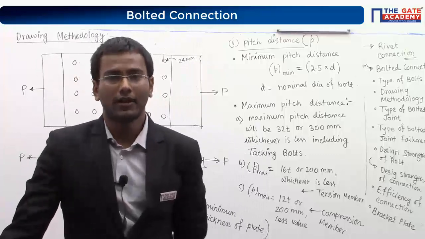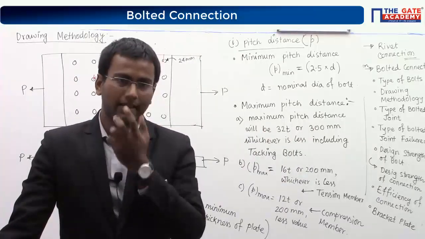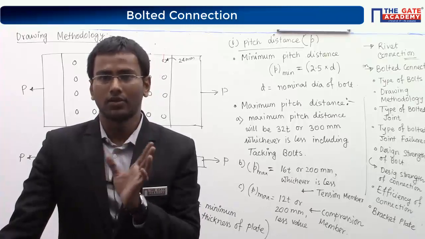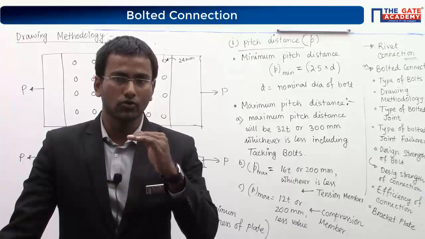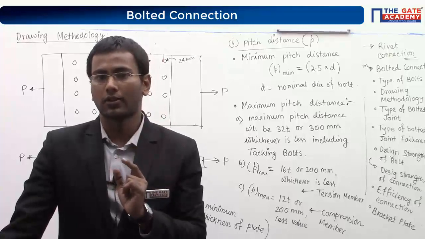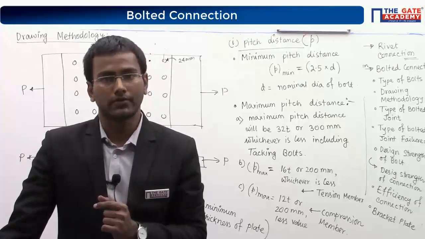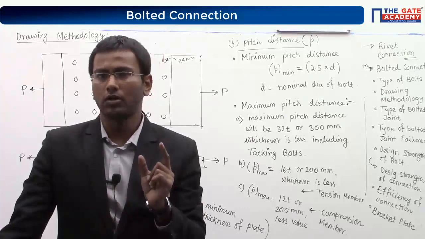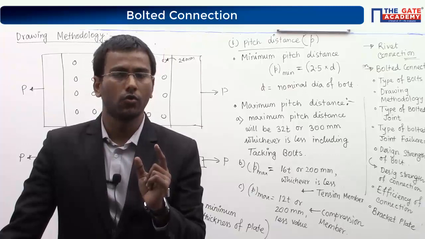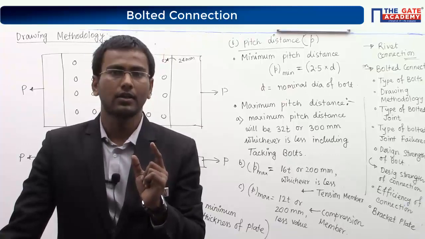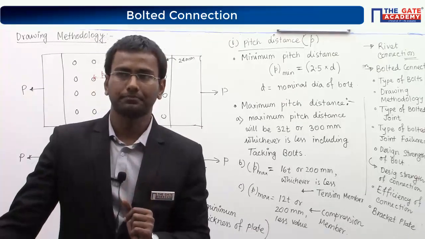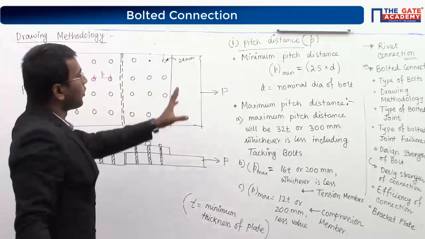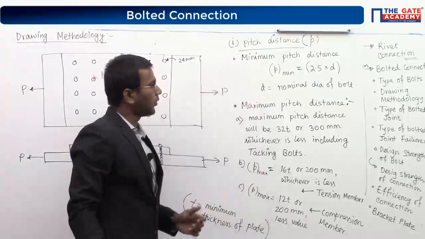Not like grade 4.6, which I think you have studied for some bolted connections. Those low strength bolts are not actually used in heavy structural purposes. Minimum 8.8 should be used. For designing a small steel truss, we have to take class 8.8 grade bolt. Now, these things are very, very important.